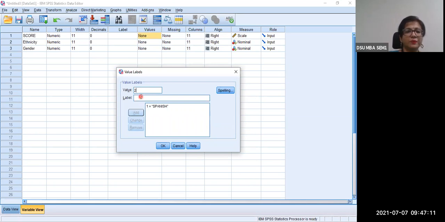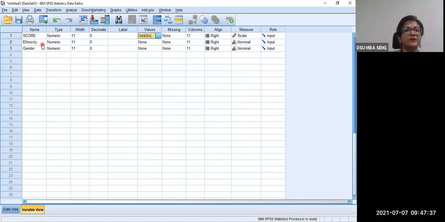Second could be, for example, Asian. These are the options. And third could be others. I am doing the live data entry on the screen. I hope you're able to see that. So value I put as 3, label I'm putting as others, and I'm clicking add, and then clicking OK.